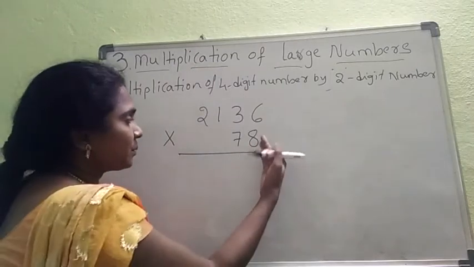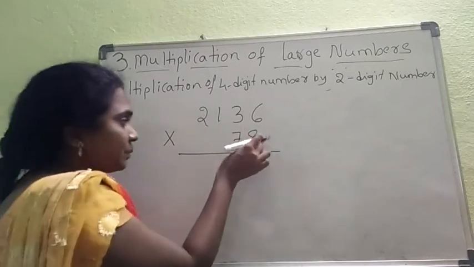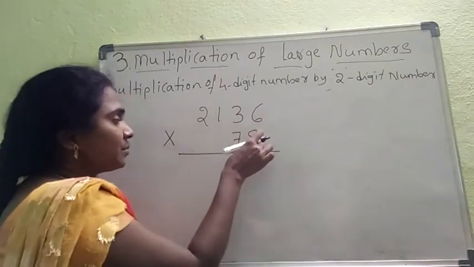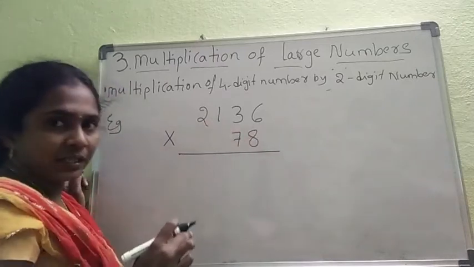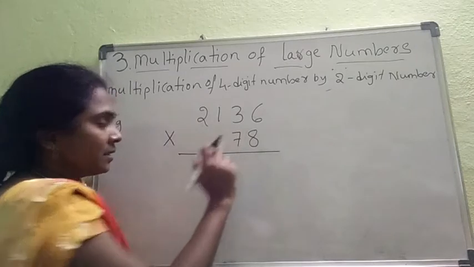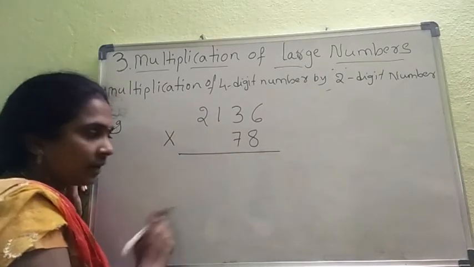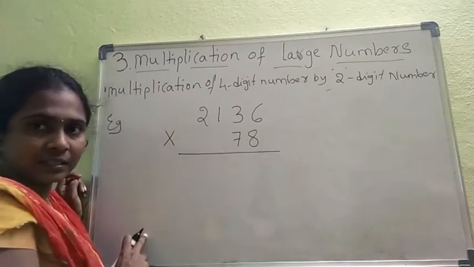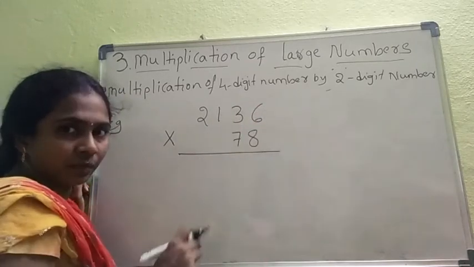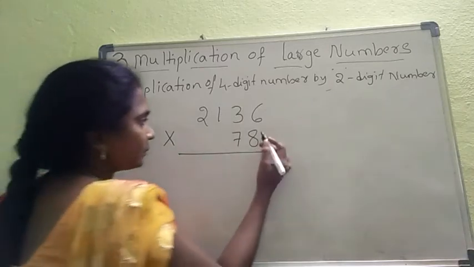So the multiplication process starts with the ones place digit, right? That means the first step, the given 4-digit number is multiplied by the ones place. The next step, you should multiply the given number by the tens place number. Then add those two steps' values and you will get the final result. That final result will be called the product of these two numbers, right? Now I am going to do it step by step, just listen.